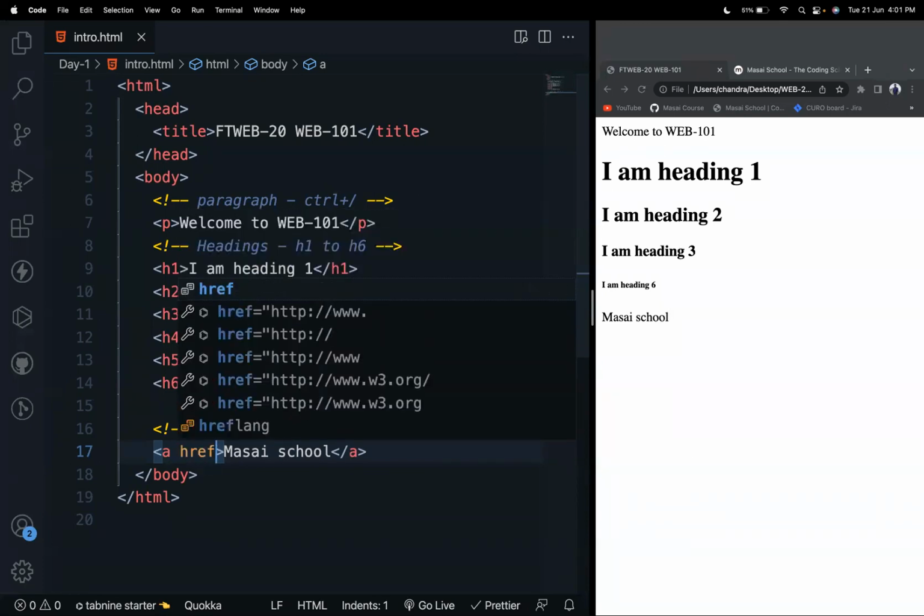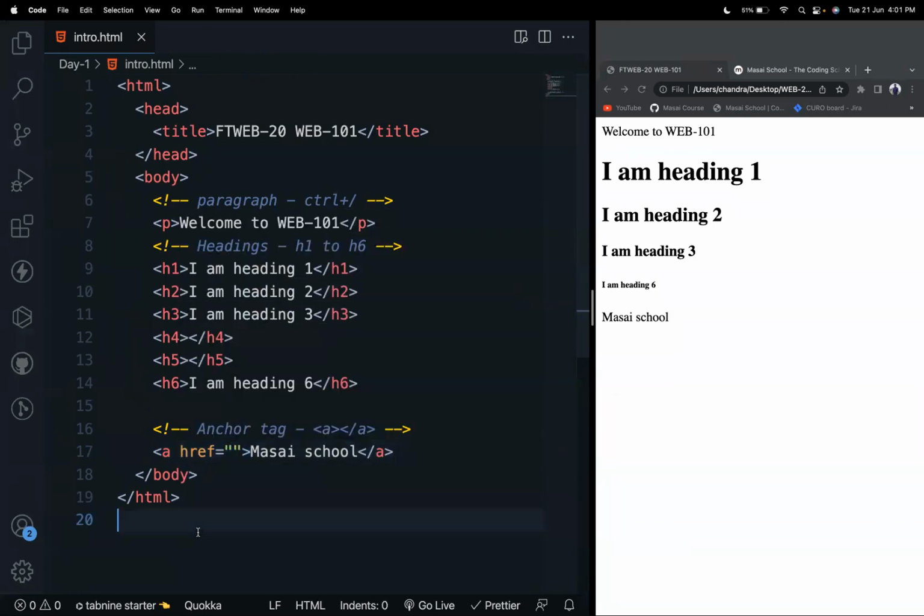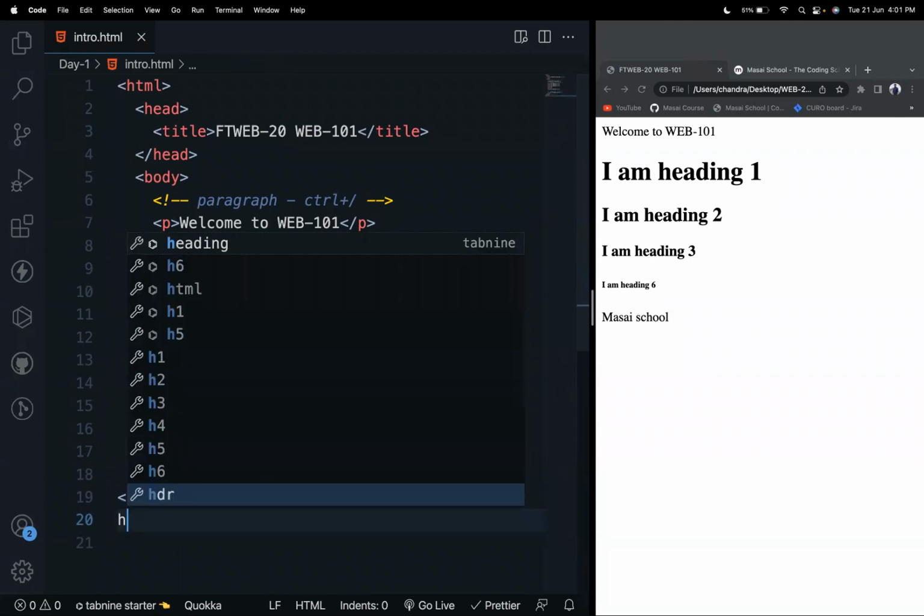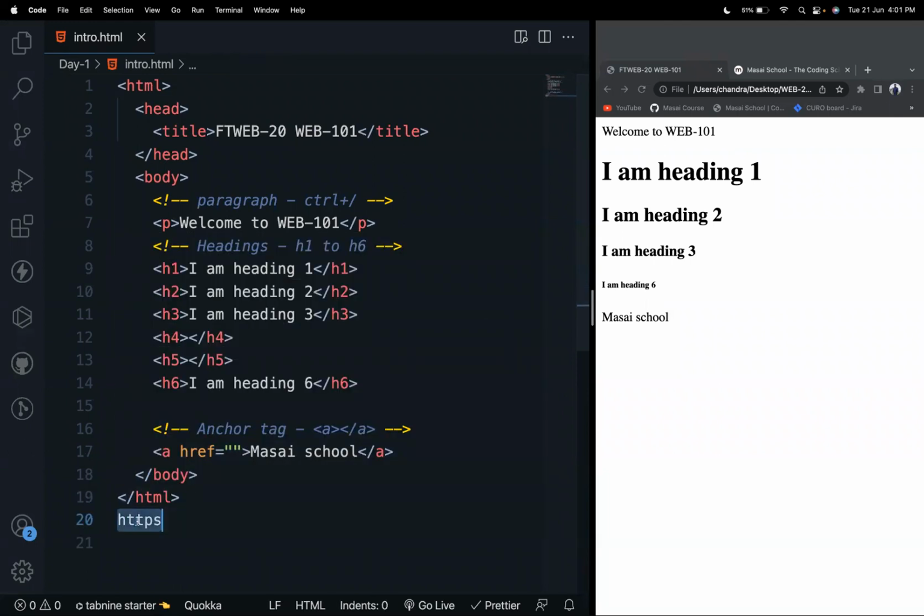Href. What is the full form of href? It is known as hyper reference. What do you mean by that? Did you see this HTTPS in your websites? Anywhere, HTTPS. So what does H mean in this? Hyper, right? So it is telling that you are referring to some hypertext or some link which is having some website. So inside this href, what you need to paste? What you need to keep? You need to keep the URL of your